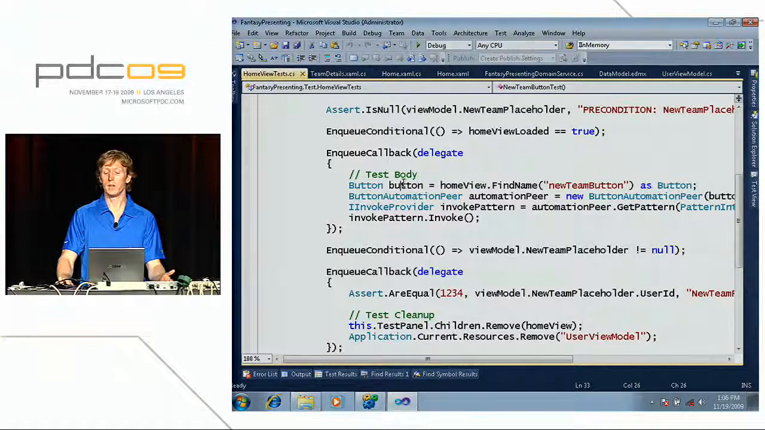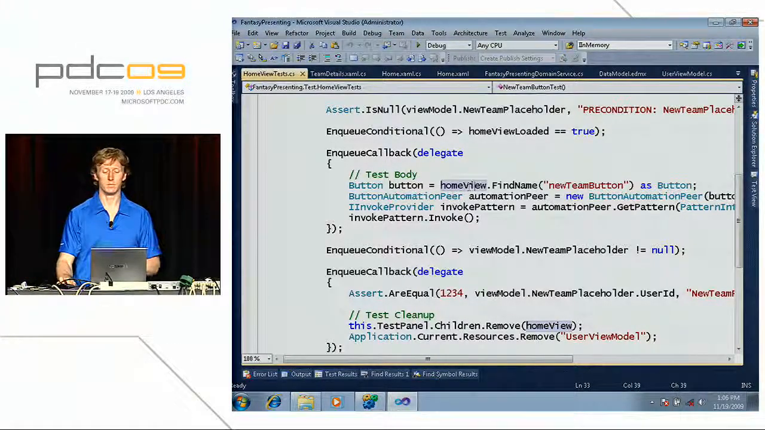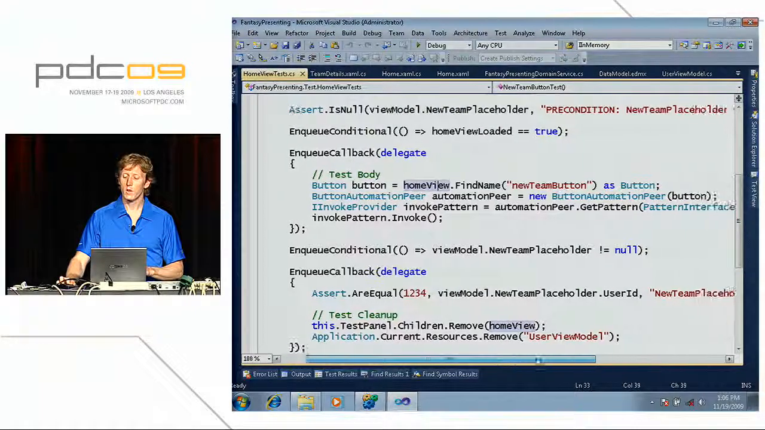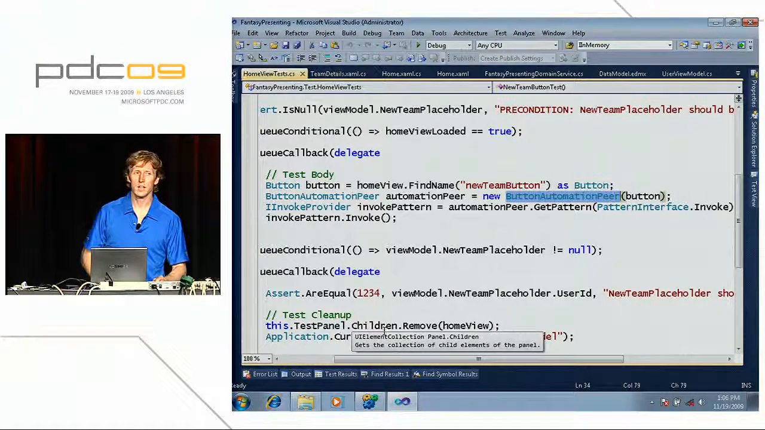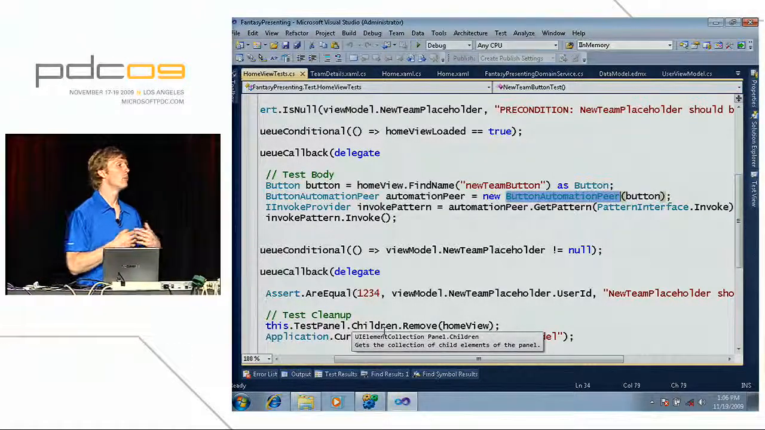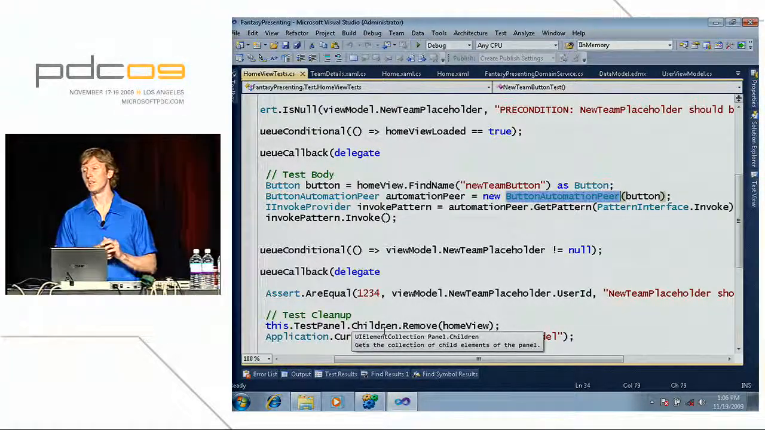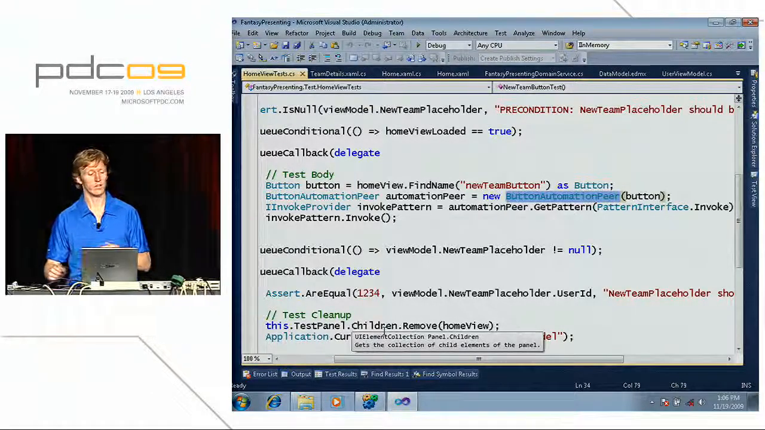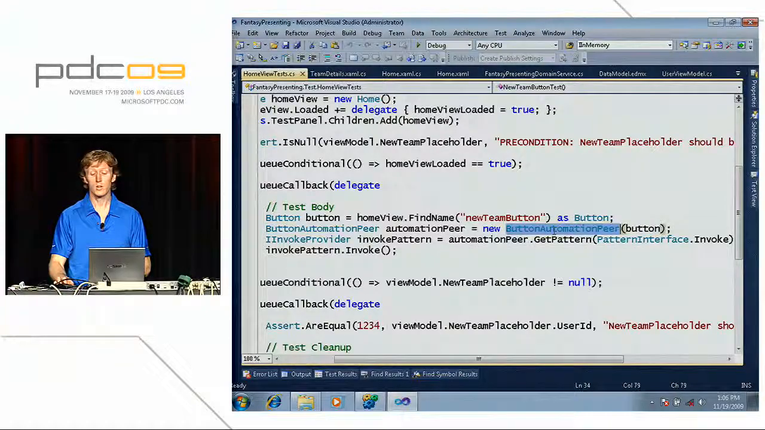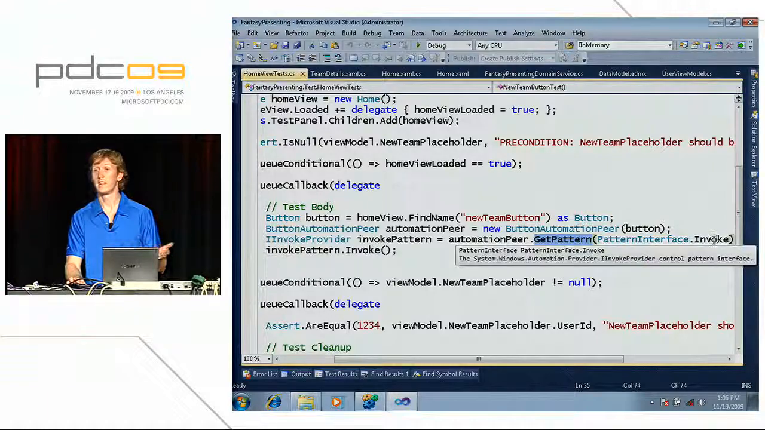So we find the button by just using the standard, hey, here's my parent. Go find a child with the name of new team button. Then say from that button, I want you to create a new button automation peer. Microsoft has to implement automation peers for all of our controls that we ship out of the box. The button automation peer implements an interface called the IInvoke pattern, or rather the IInvoke provider. And so from this automation peer, you can call get pattern, pass in, say, I want the invoke pattern, and